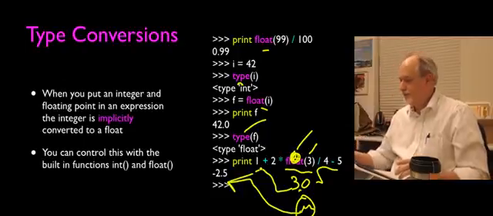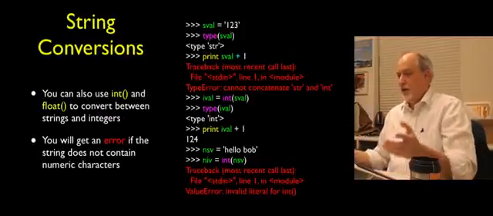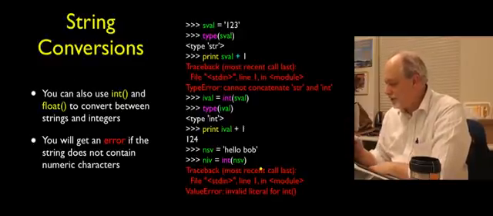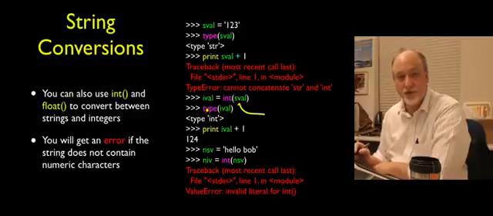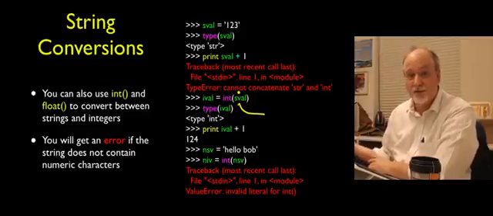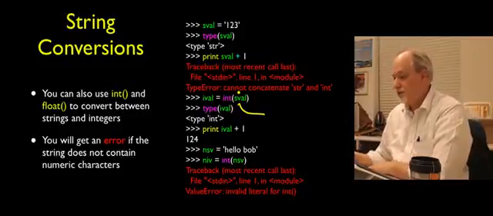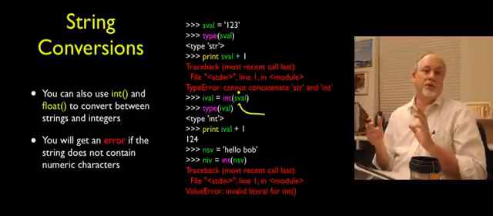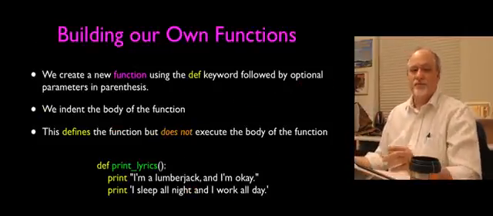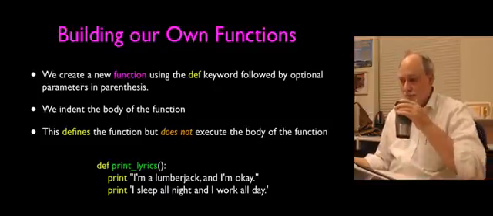Then coming up with whatever value, and then printing that value out. Another thing that we've done is string conversions. So we've converted, in this case, a string to an integer, and that's what type it is. We've converted a string to an integer, so int converts its argument, whatever that happens to be, into an integer. So that's just some of the built-in functions that we have talked about so far. Now, this becomes more interesting